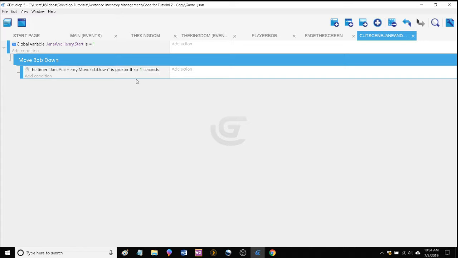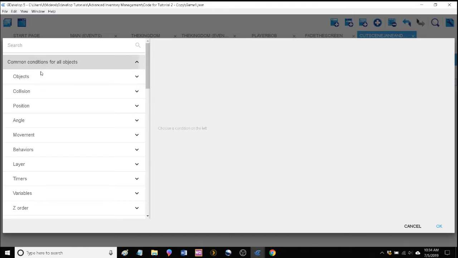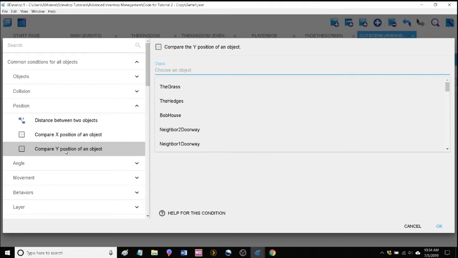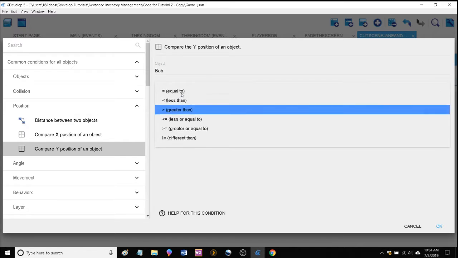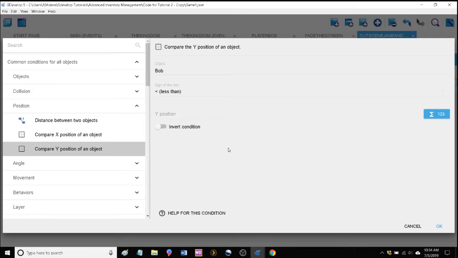So every second it's going to do a check of some sort. Let's add 2 subconditions here. We're going to need 2. First one we're going to check is whether or not the Y position of Bob is less than, because when you're going down the screen you're adding Y. So as long as the Y position, excuse me,